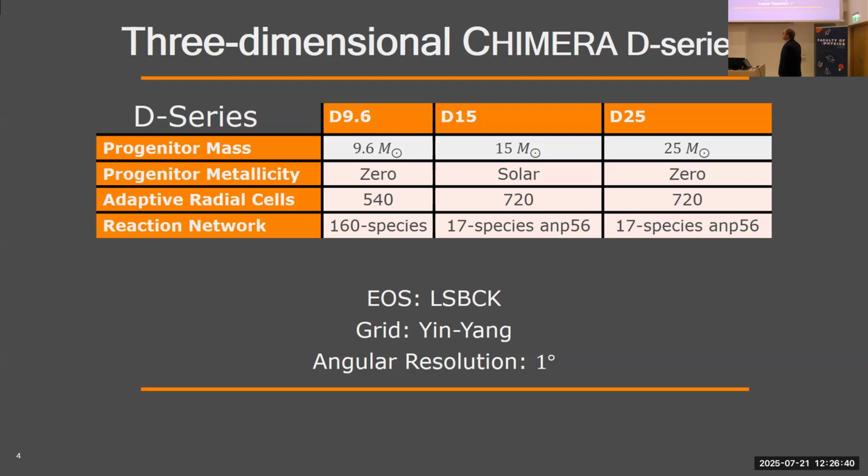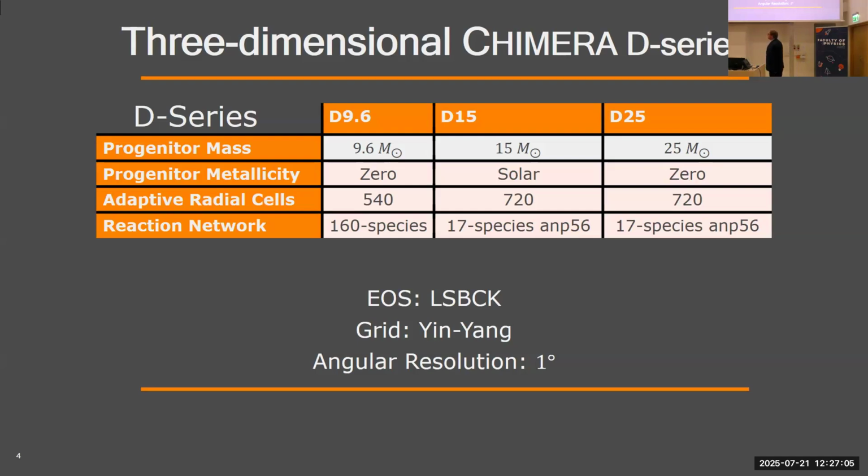For the least massive model, we have a lower number of radial cells. And in Chimera, these are adaptive radial cells, so they can change their width and location in order to make sure we're capturing smaller features throughout the simulation. But the two larger models had the same number of radial cells, and they all had the same angular resolution